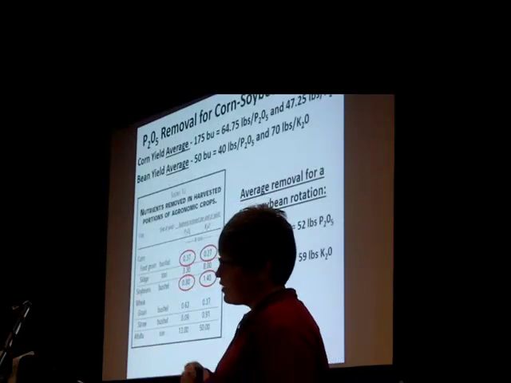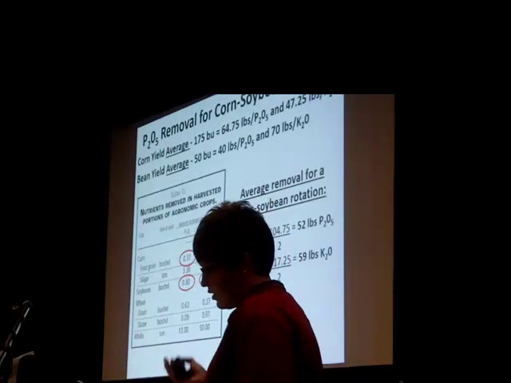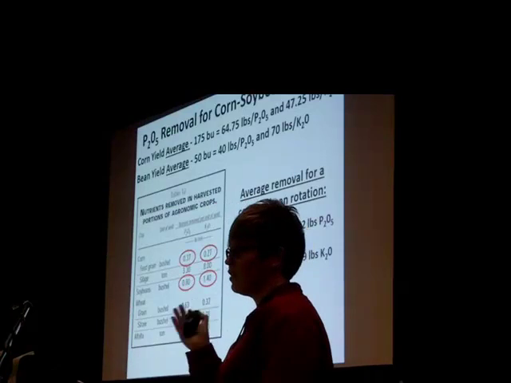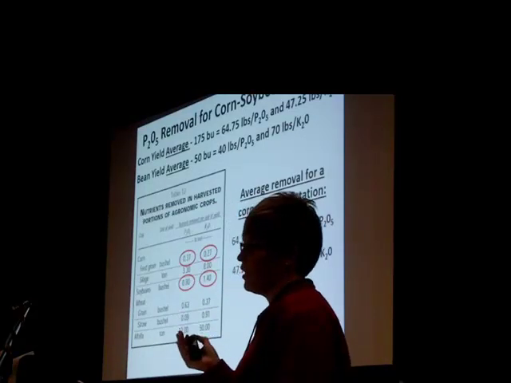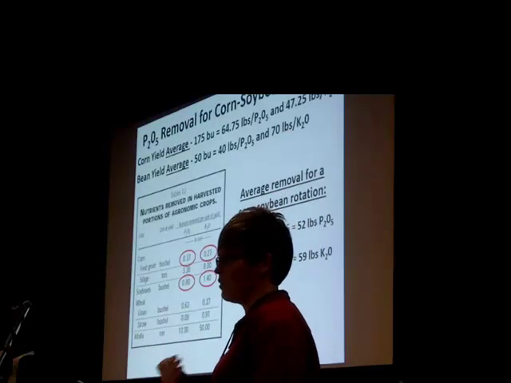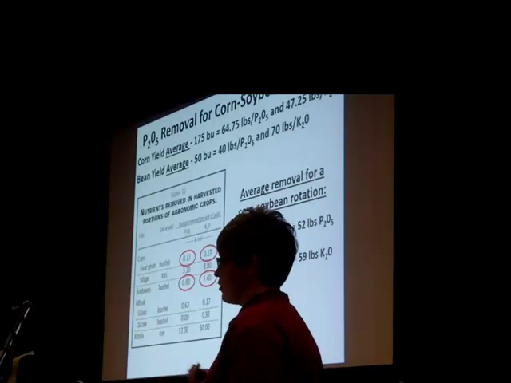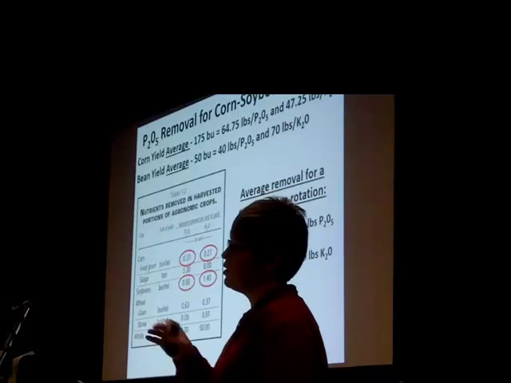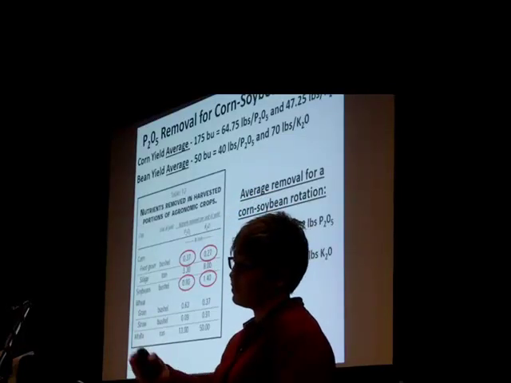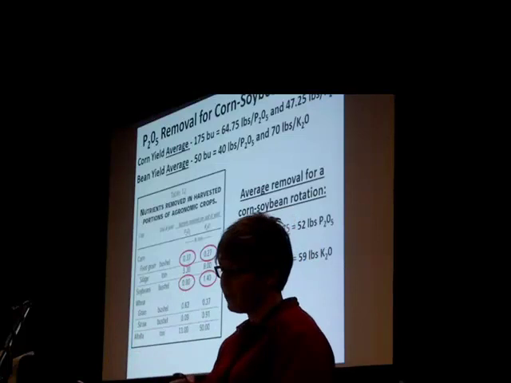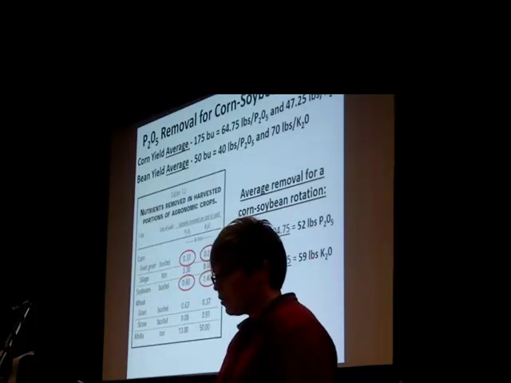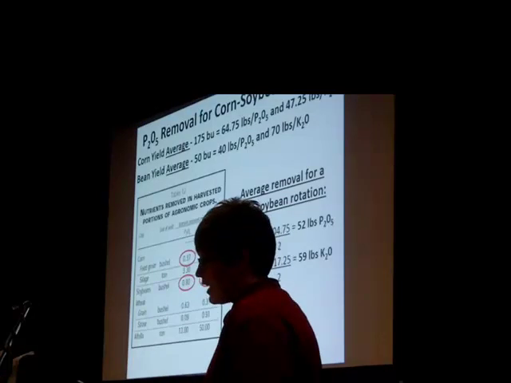So when we get to some math here, this is the example that I wanted to go through. I wanted to focus on, we deal a lot with a higher soil test level. So we have guys come in, and it's really hard for us to relay to them how much phosphorus they have in the soil. So I'm going to give you an example here, and it's going to give you a little bit different perspective, because we've always heard, you know, it's going to take you 5 years to pull that down, you can only remove X amount of pounds per year per crop if you don't apply anything. So this example here is going to use an average yield goal for